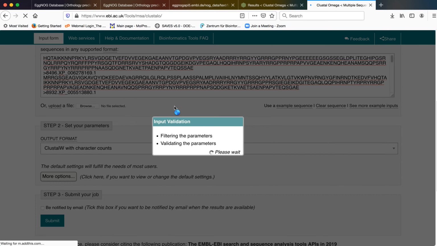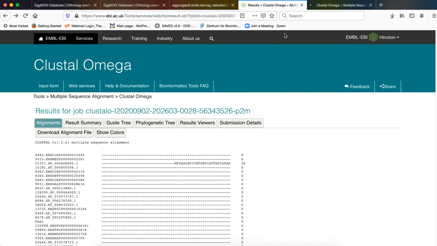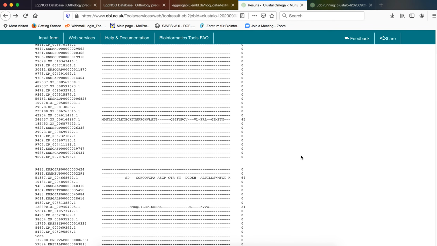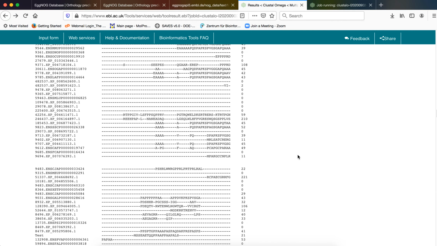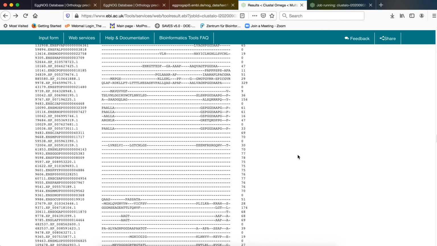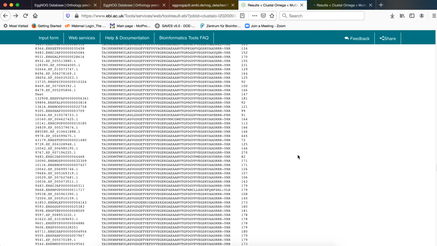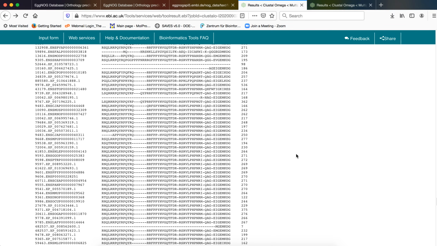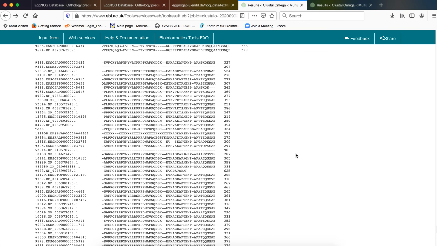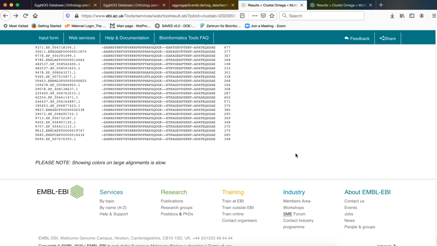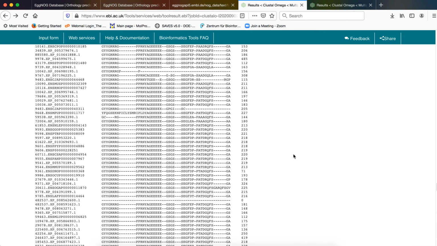Once we click on submit, this kind of a segment will appear, and finally we will be directed to this kind of a result page. As you can see, there are several options. This is your multiple sequence alignment that has been generated. As you can see, there are several gaps and there are several areas which are conserved across the sequences under study, and probably the conserved areas are corresponding to the conserved domains that we have identified in our earlier analysis.